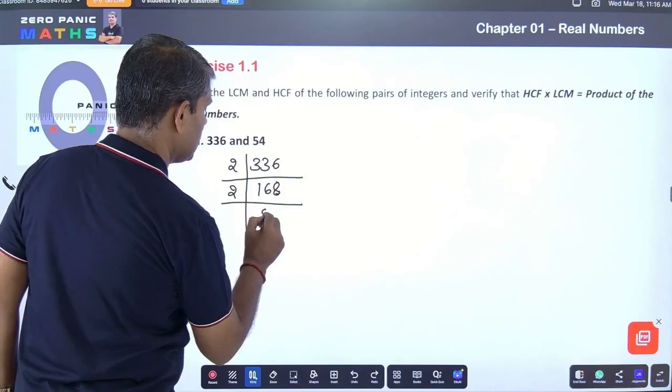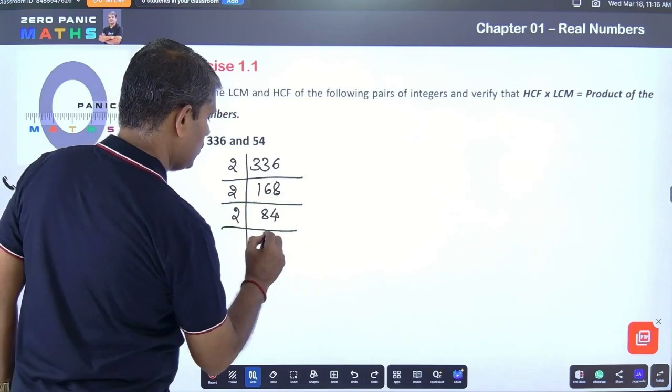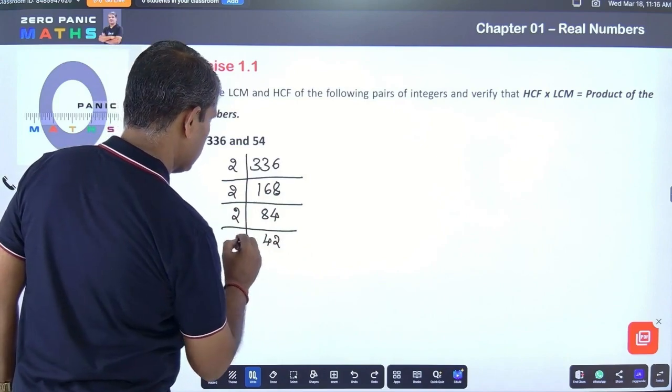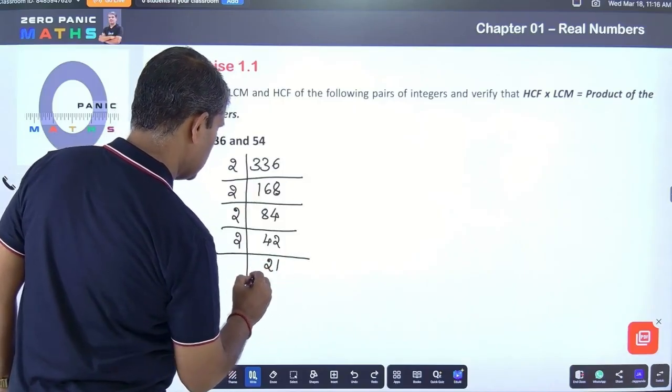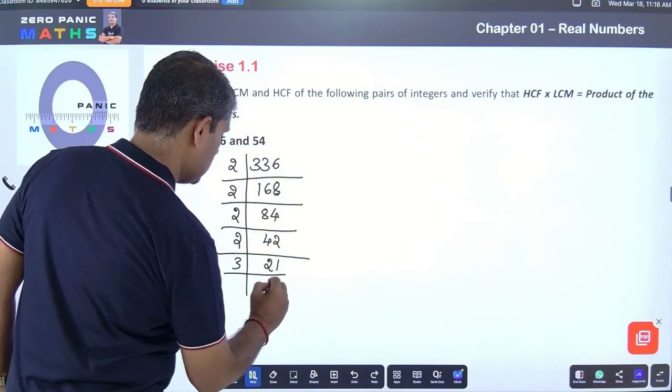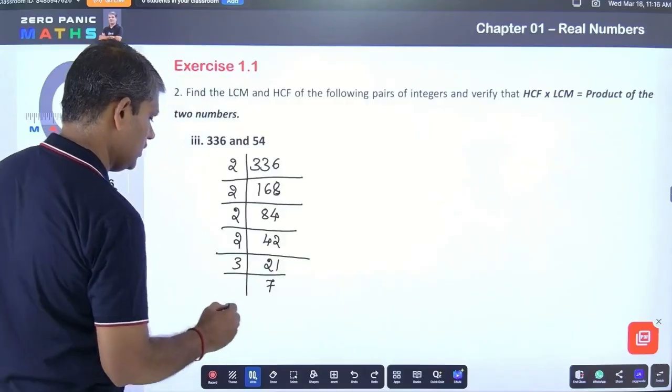2 8s are 16, 2 4s are 8. 2 4s are 2 2s are 2. 2 2s are 2, 1s are 3, 7s are. Okay, or finally you can write it as